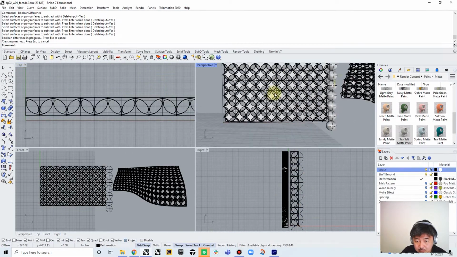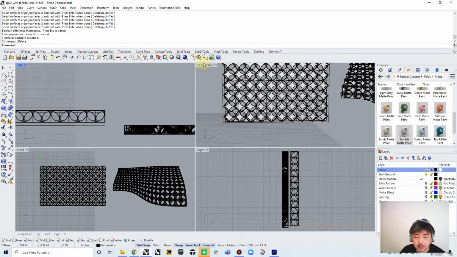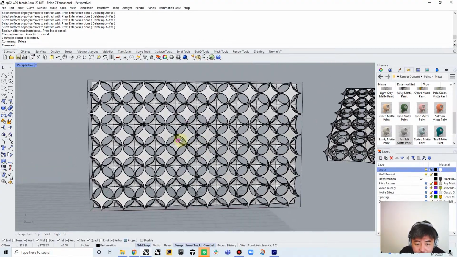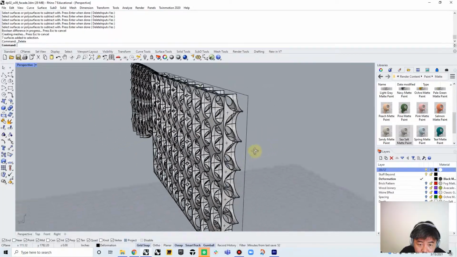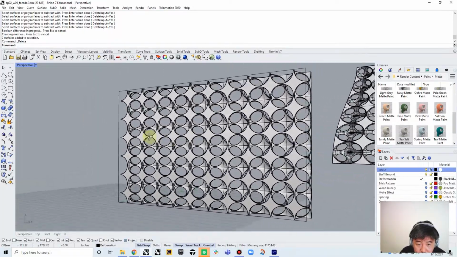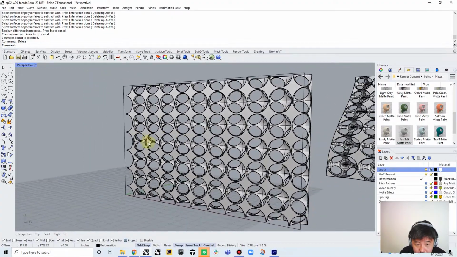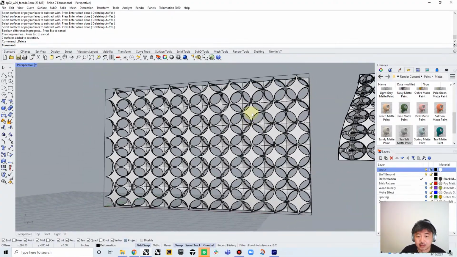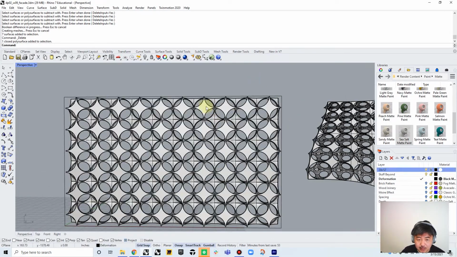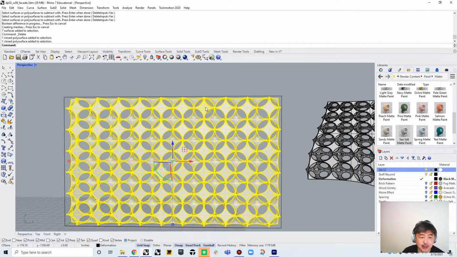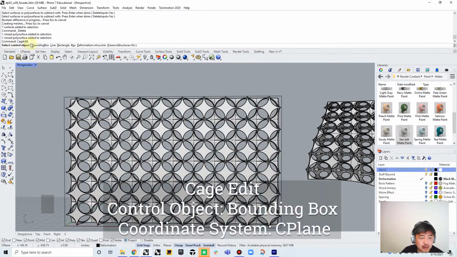So this one looks very nice, actually. Nicer than what I produced as a demo. It creates a spherical cut from both sides, so you can really adjust the distance from one side to the other. This could actually be a really nice, beautiful facade. But for the sake of this, the next step would be to run cage edit, and